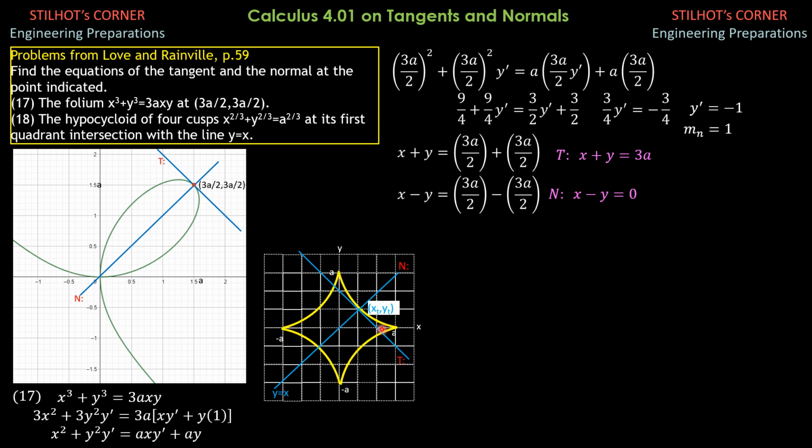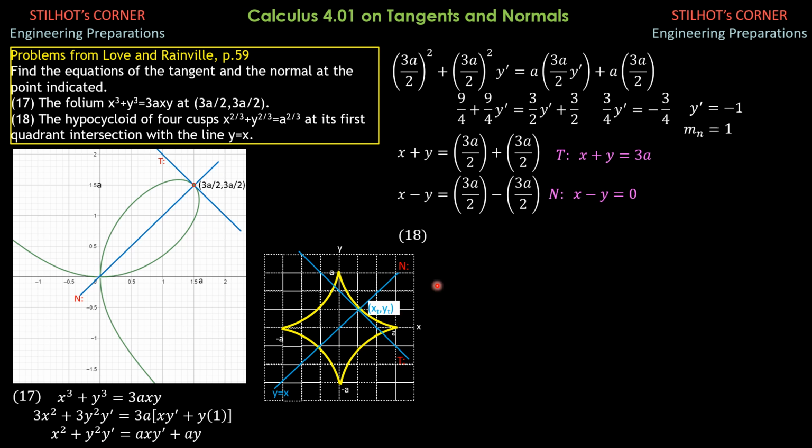So when x is a, then y is 0 here. When x is negative a, y is also 0. When x is 0, y is plus minus a. So that's why the graph looks like this. And for the point of intersection with the line y equals x, so x equals y, we substitute it. We solve the two equations simultaneously, setting x equals y. Then we can find the point of intersection, which is the point of tangency x sub t, y sub t.